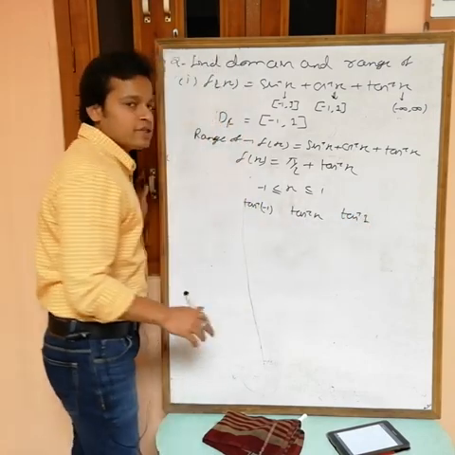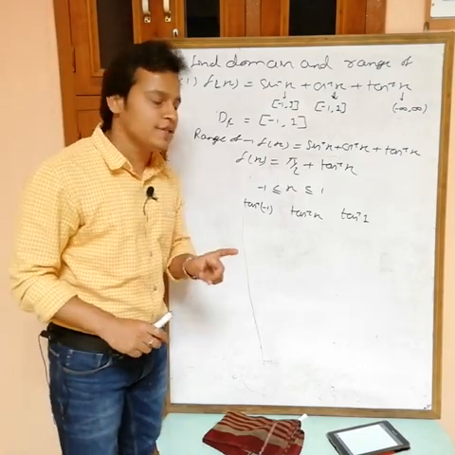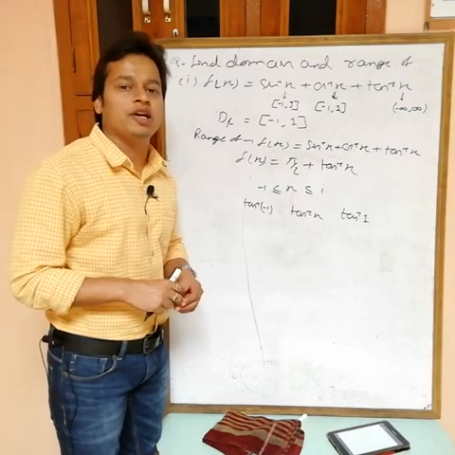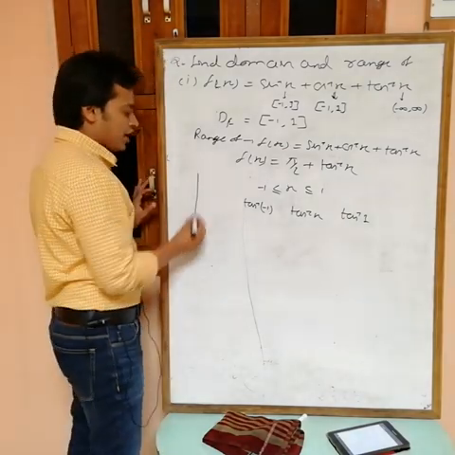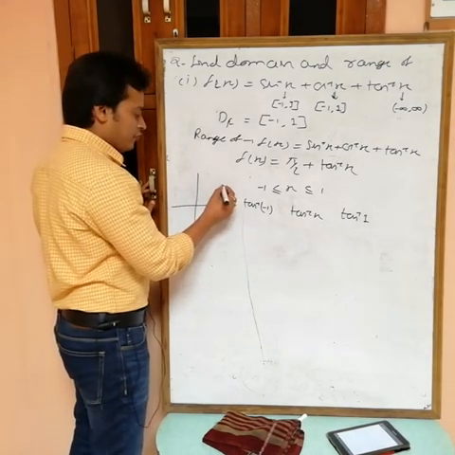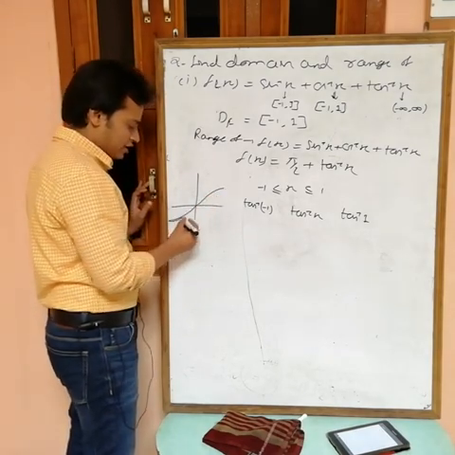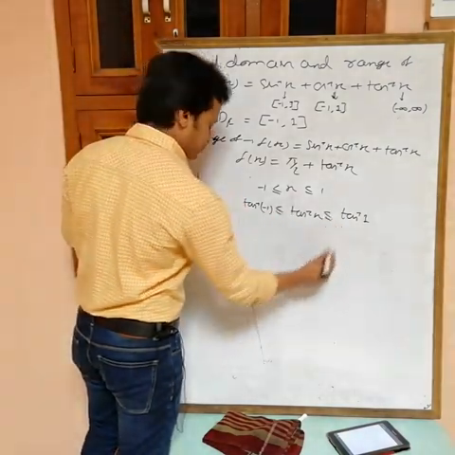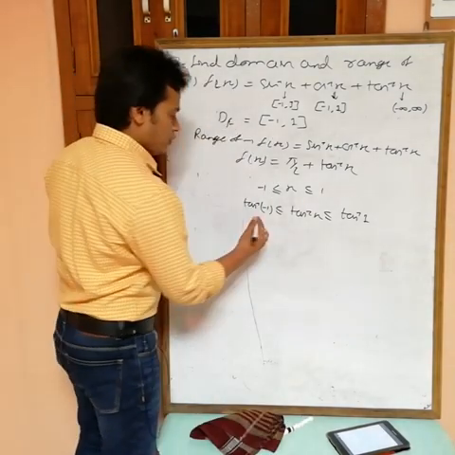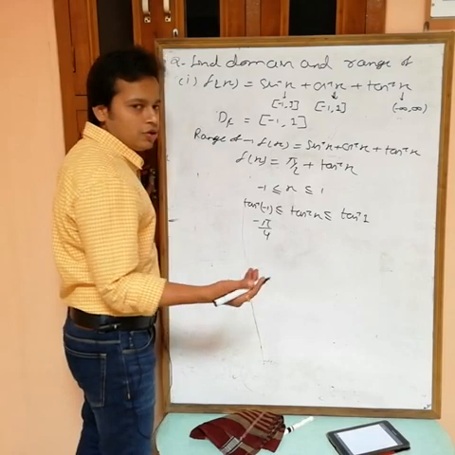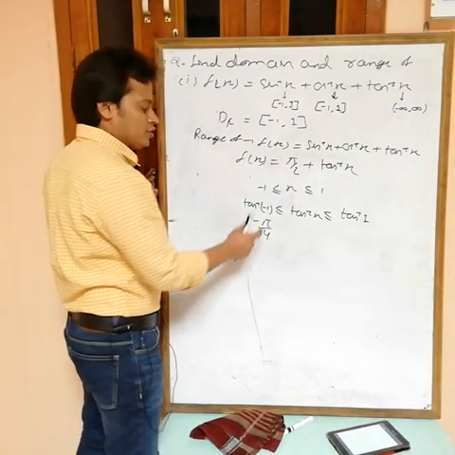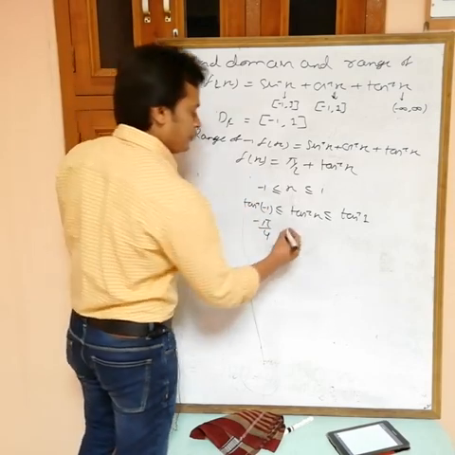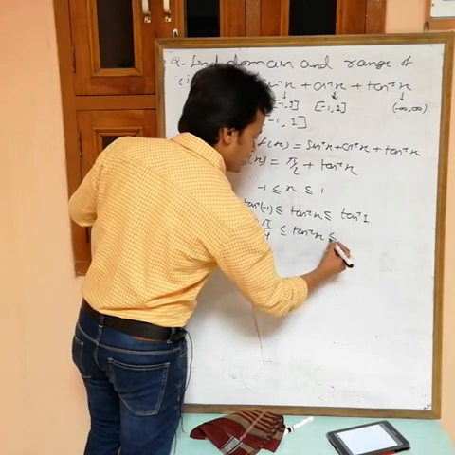Now decide whether tan inverse is increasing or decreasing. If tan inverse is an increasing function, then the sign of inequality remains the same. If tan inverse is a decreasing function, then the sign of inequality we have to change. If you draw the graph of tan inverse, the graph is like this one. Increasing, so the sign of inequality remains the same. Now tan inverse of -1 is simple, minus pi by 4. Also you can use the property of tan inverse of minus x to find this one. Taking the minus outside, tan inverse 1 is pi by 4. This is tan inverse x and this one is pi by 4.